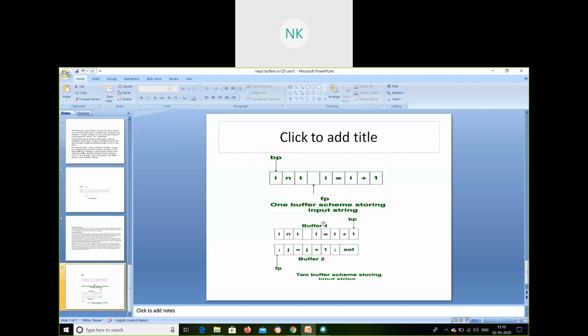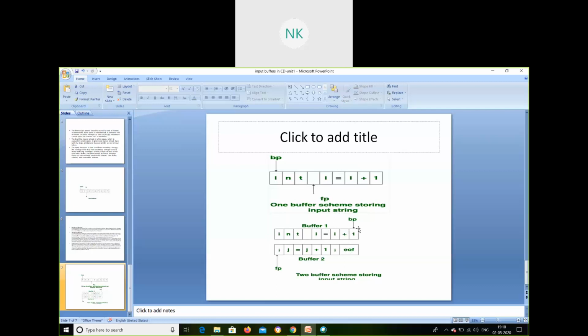Immediately it starts loading the content into the second buffer and keeps scanning it. Meanwhile, while it is entering the second buffer, it will find the lexemes and the tokens which are in the first buffer, and it will remove the unnecessary content. Then, once it is over, it will be refilled again. The process will continue until the input is given to the compiler.